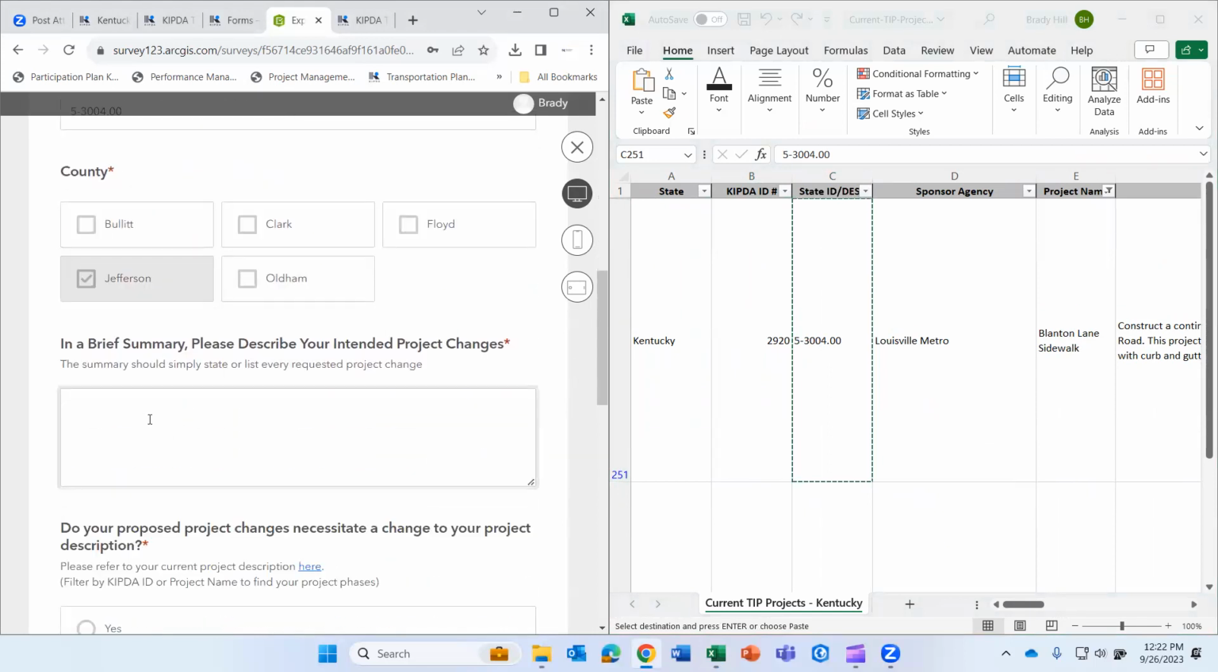And then this next question is a brief summary. In a brief summary, please describe your intended project changes. So this is just a brief listing, essentially, of what is this application for? What am I actually asking for to try to clarify for us at KIPTA what we should be looking to change. So I'm looking to, for this project, this hypothetical changes here, to increase the total project cost